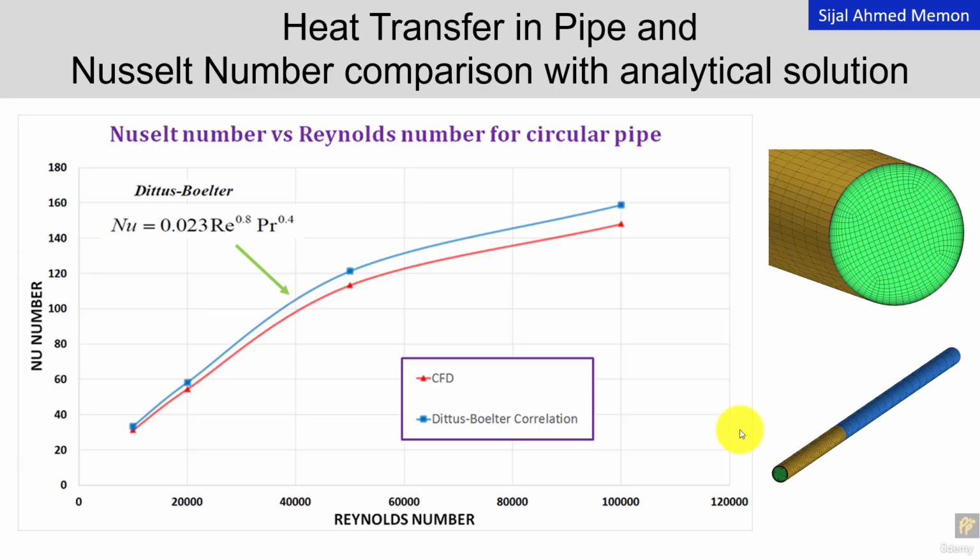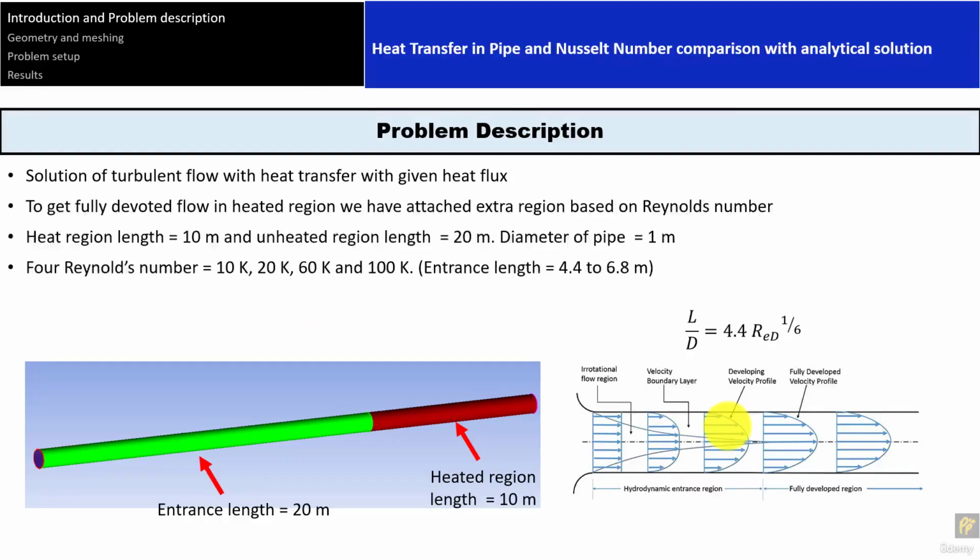Hello and welcome to the new workshop on heat transfer in pipe and Nusselt number calculation and comparison with the analytical model that is given by the Dittus-Boelter correlation for turbulent pipe flows or turbulent internal flows. So, first of all,